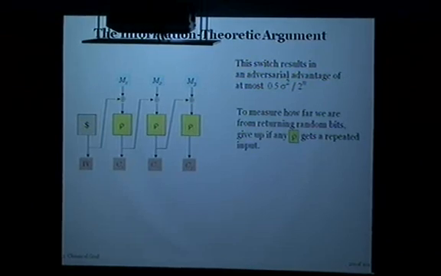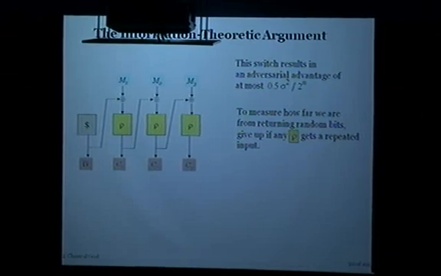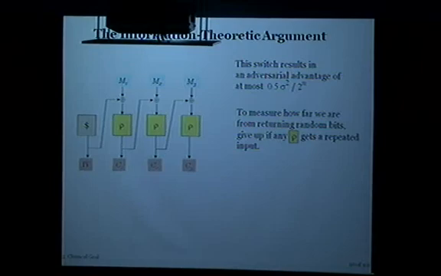Then what? I need to measure how far away we are when rho is producing uniform random bits over here. Well, if independent values, if distinct values keep getting dropped into rho,